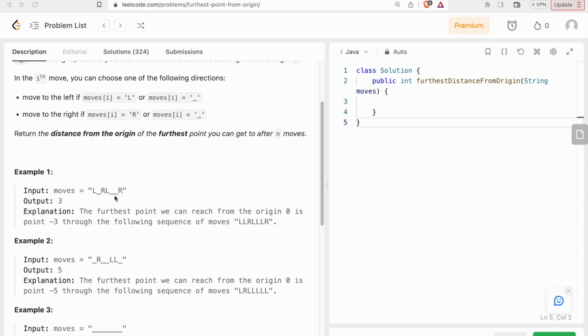You can see that they turned the dashes into all left moves and they ended up with the point being -3, but the output is 3. So we're not concerned with returning a negative number if we move left from our origin. We just want to return the positive number of how many moves we are from our point of origin,